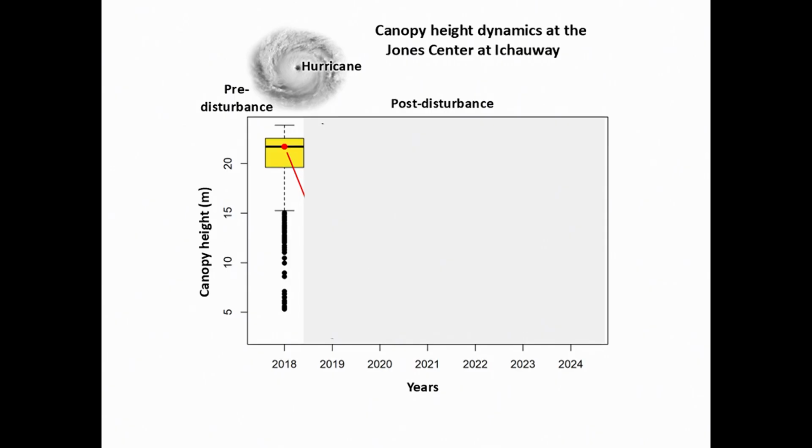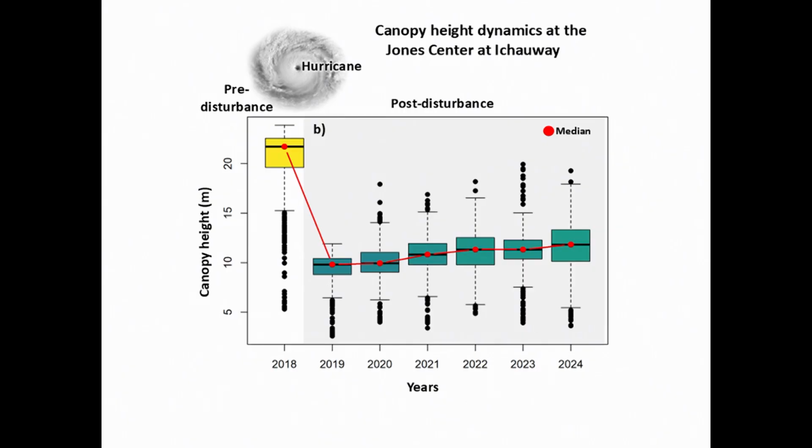So here's a nice example in one of our sites in Georgia. You can see that the canopy height in that area before a disturbance event was about 22 meters. But after the disturbance in 2019, it dropped drastically. You can see what happened in the area. From 23 meters, it dropped to 10 meters. So what's more interesting than seeing the disturbance is the recovery trajectory. You can see that after 5 years, the forest recovered a little bit, only a couple of meters, which is expected.